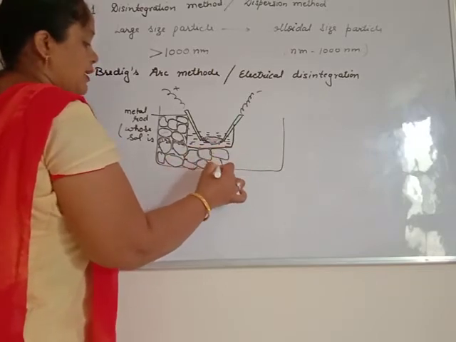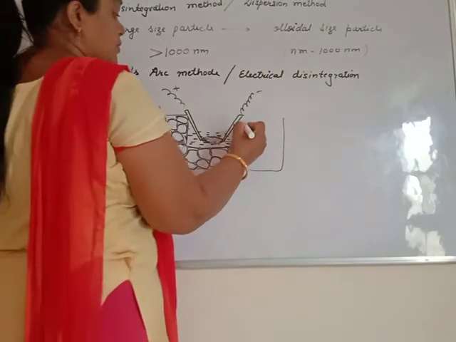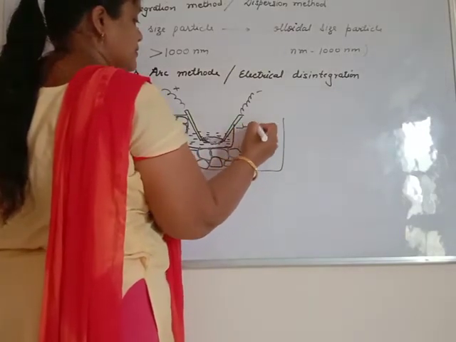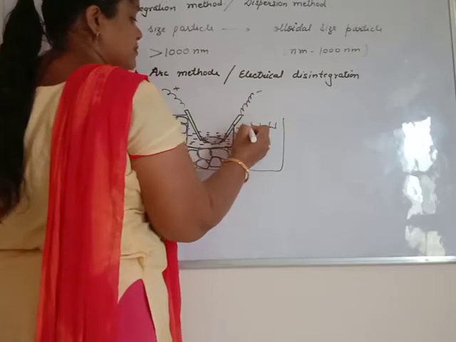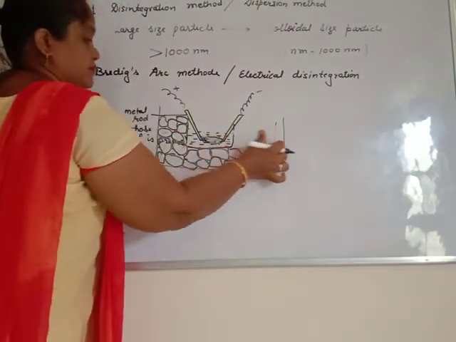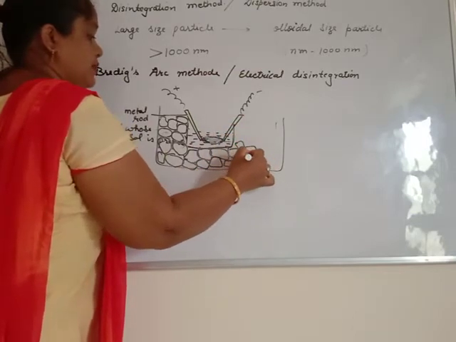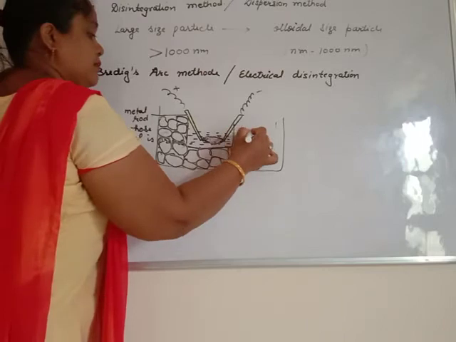Beta, you draw it like eyes like this, not like tiles. Some of the students draw like this. These are the tiles, not eyes. Draw the diagram and explain the concept.